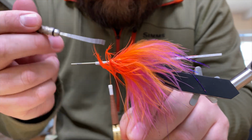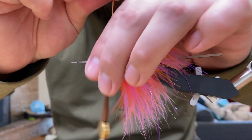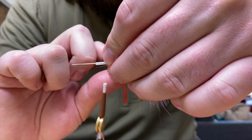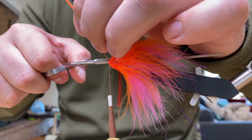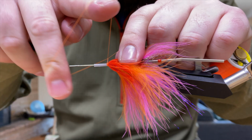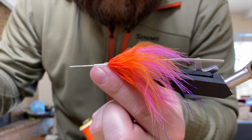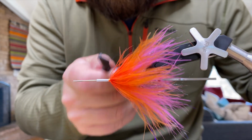And if you have any trapped fibers, same thing, just take your bodkin and pick them out. I'm going to do one more wrap here. All right, and tie your schlappen feather down. And just fold everything back, do 1 or 2 thread wraps to clean it up. And you can either whip finish or half hitch. I like taking my comb one last time, making sure there's no fibers of anything trapped under themselves or other